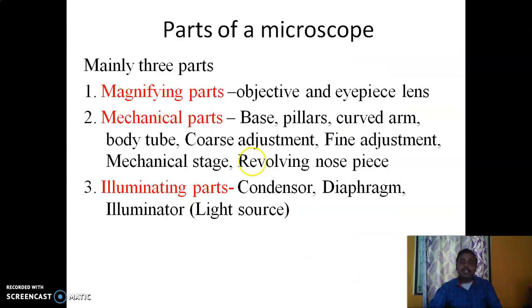So these three major parts, that is magnifying parts, mechanical parts, and illuminating parts, form the different structure and parts of a microscope. In the next video, we'll discuss the types of microscope, that is the light microscope and the electron microscope, and